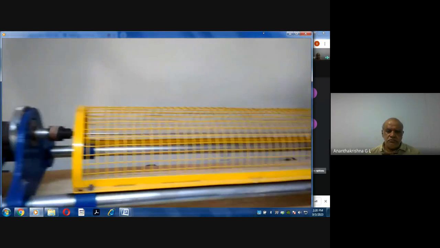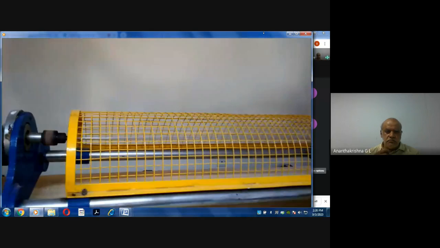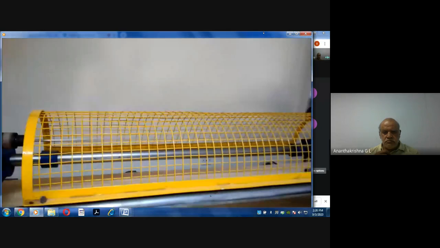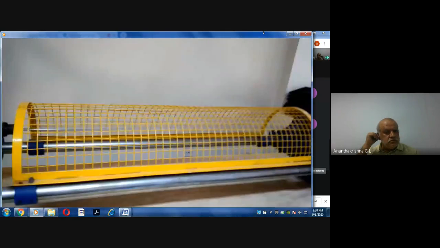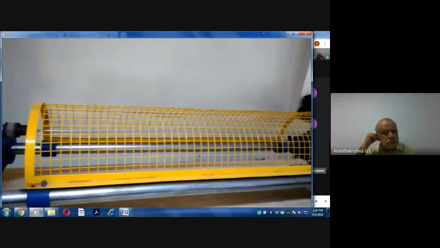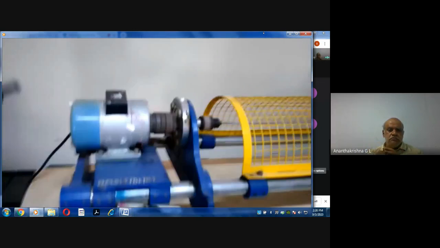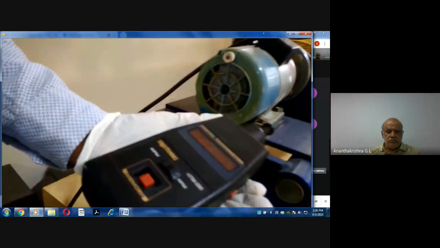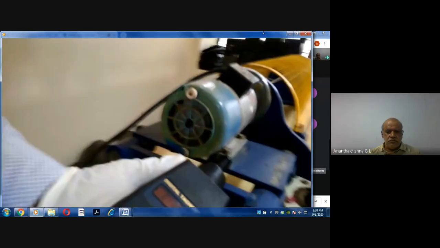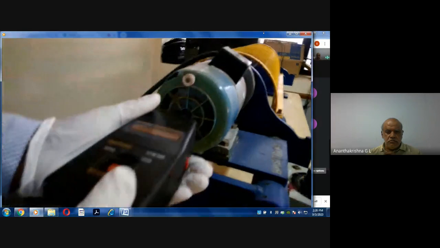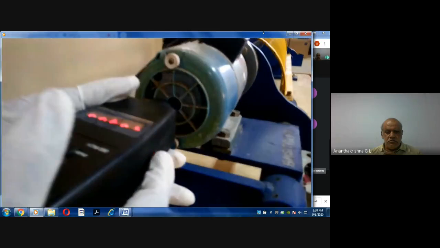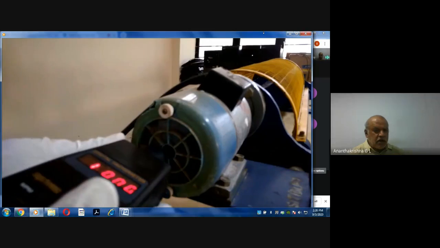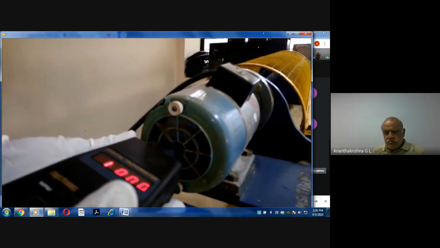Okay, the shaft has started rotating. The moment you get a bow shape in the shaft, that will indicate the first mode of vibration of the shaft. Once you get that, now take the tachometer and place it at the position given on the motor. Keep the knob pressed and you will get the reading. So now it is showing around 979.3 RPM. Note down this RPM.